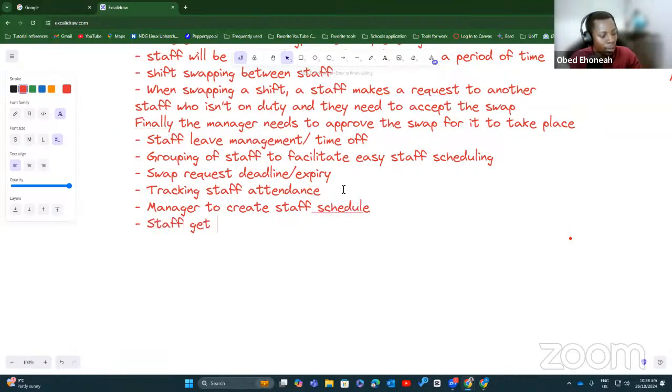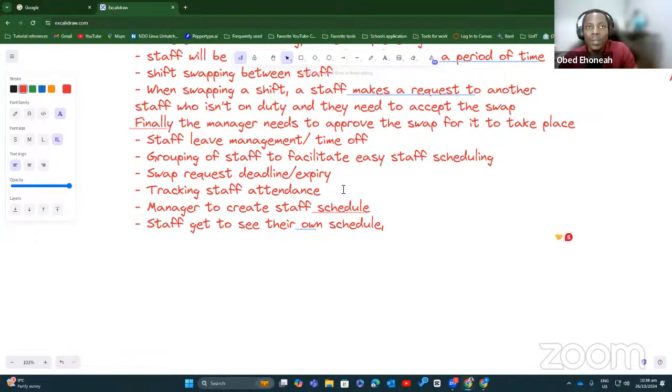Staff get to see their own schedule, right? But I think they should be able to see other schedules as well. If I want to swap with you, I should know what your schedule is. Like we mentioned, there should be leave period, there should be time off.